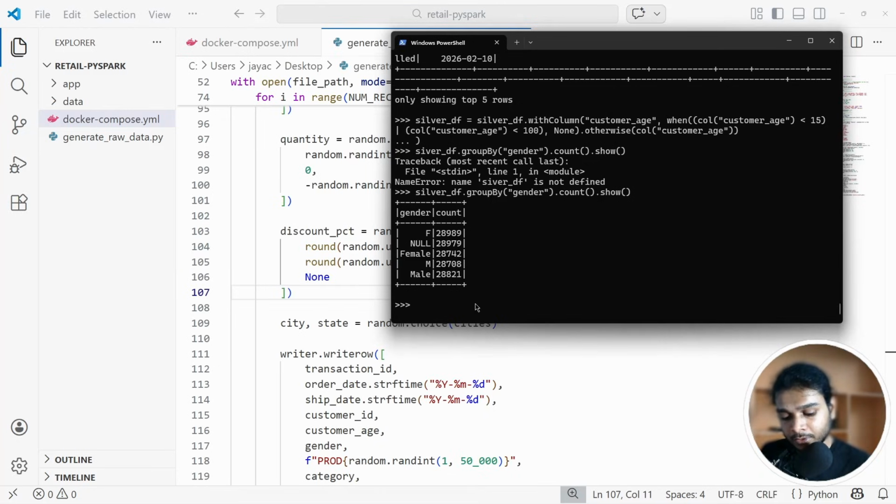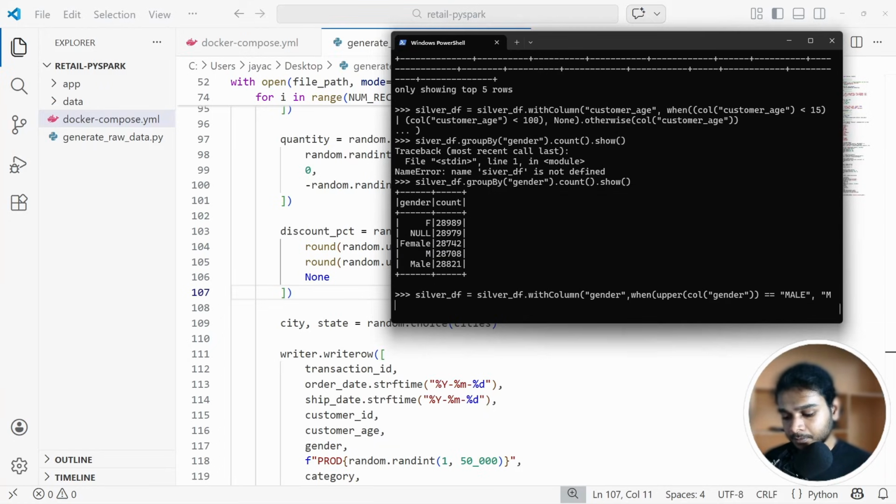And so the female should be indicated as F and male should be indicated as M and not the whole word male. So to do that, we say silver_df equals silver_df.withColumn of gender, comma, then when upper of col of gender equals male, then replace it with M, close parenthesis, and when